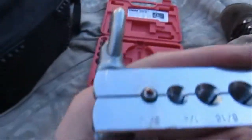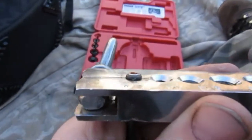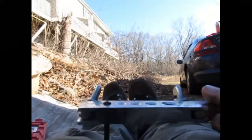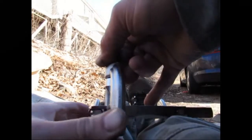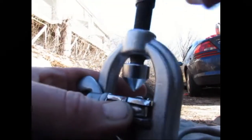Now that that's done, you'll have a bubble just like there is there. Now that's not the final step. What you got to do now, and to get this on, if you're curious, you just take it, slide it on like that, and then around. So now we start tightening it down,